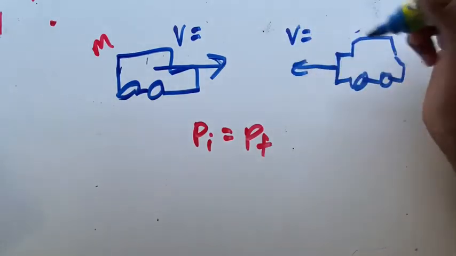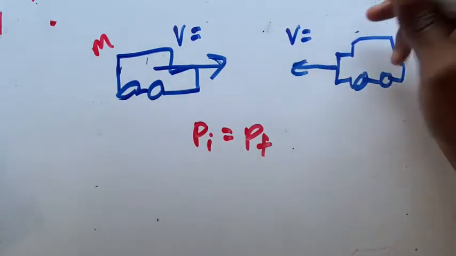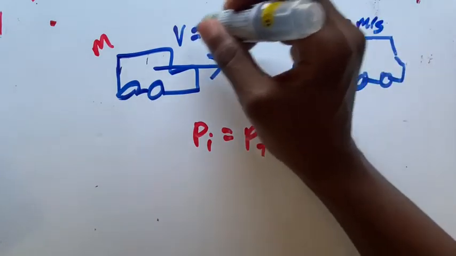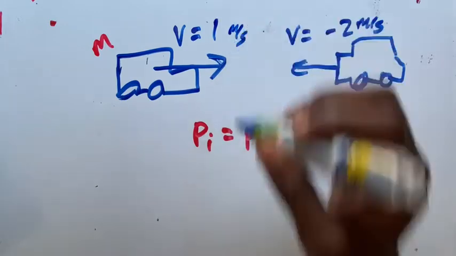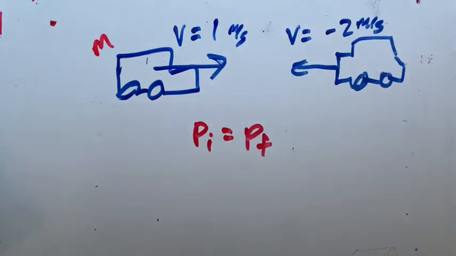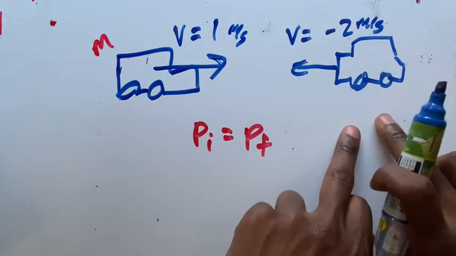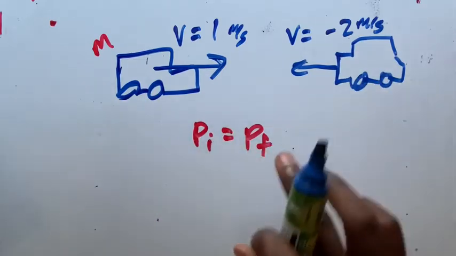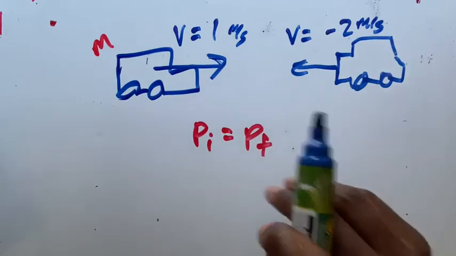because somebody might have done it the other way, which still would have been right. There's nothing wrong with doing it this way. Then this would have been the 1 meter per second. So if this one were the one moving at 2 meters per second and this one's moving at 1, well, let me do the math real quick for that and show you that we get basically the same thing